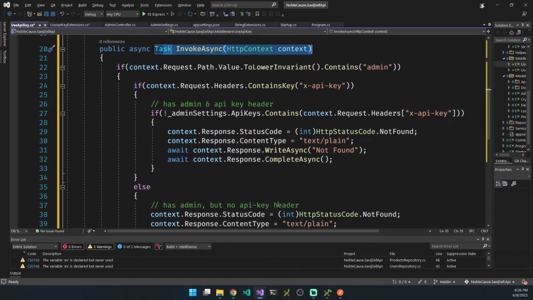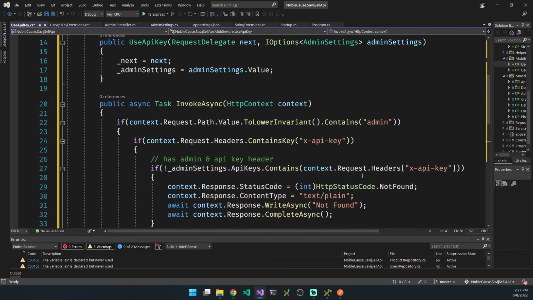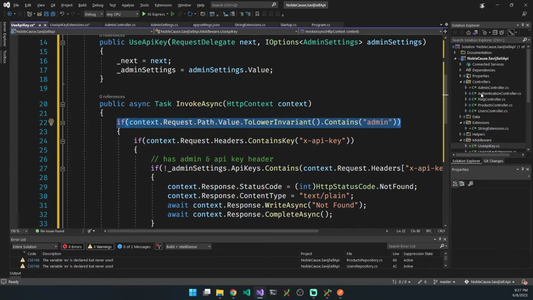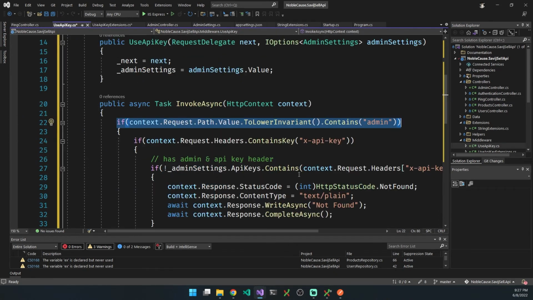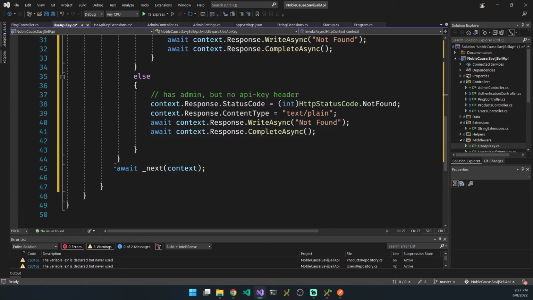So let's go through this logic a little bit, because you might be looking at it going, I don't understand. All we're doing is a couple of not founds here. How is that going to work? So the idea is, let's take this one first. Let's say I'm not calling the admin controller at all. I'm calling another controller in here called, I don't know, ping controller. So we're calling API/ping, and we're getting back a response that says pong. So does that path contain admin? No, it contains ping. So this would be false, and it would just go,